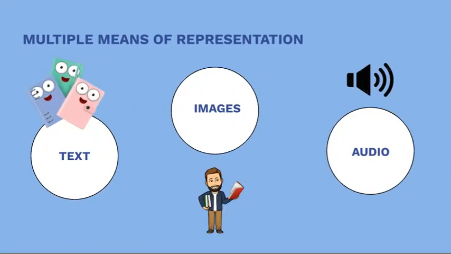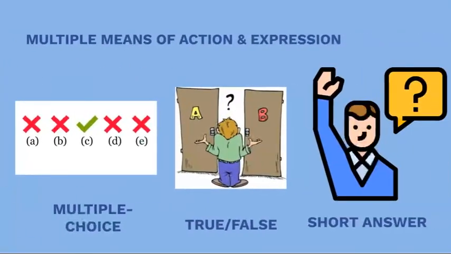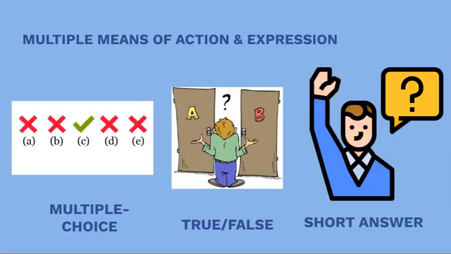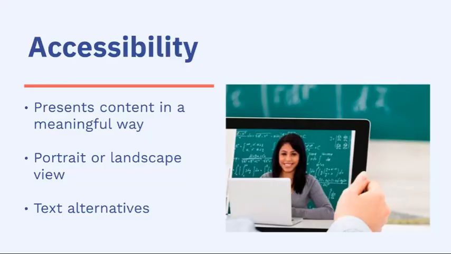For multiple means of representation, teachers can present information through different formats, such as text, images, and audio. Socrative supports diverse ways of representing content, ensuring that all students can access and understand the material. And lastly, for multiple means of action and expression, teachers can use multiple choice questions, true or false questions, or short answers. It is important to consider the accessibility of the tool to ensure that all students can engage